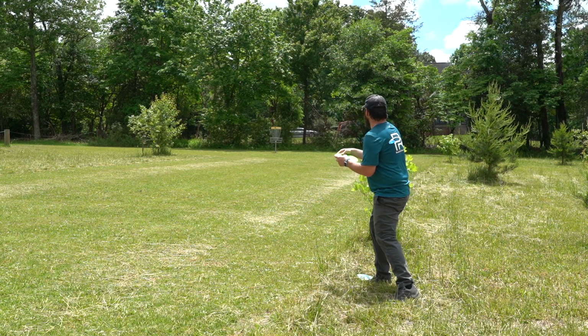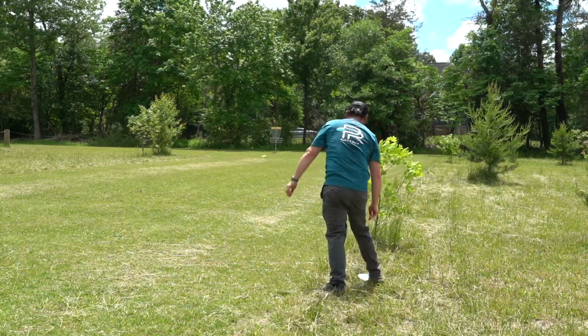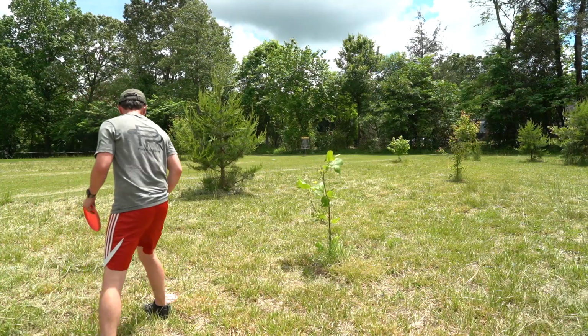Yeah, thank goodness the rough on this hole is not too bad. Just a little bit of high grass. Probably should have picked that one up a little bit, but...